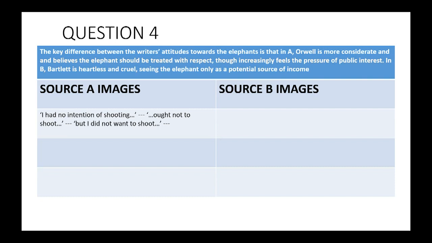And then by the halfway stage, "but I did not want to shoot." It's as if his intention is softening. And by the end, it feels like he's going to shoot the elephant. He feels like there isn't much choice as he's surrounded. So I'll take those quotations and look at repetition, think about perspective and the tone changing, and I will make sure I use words like attitudes and elephants